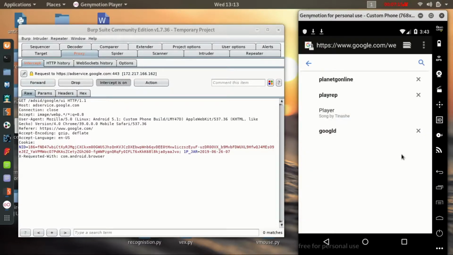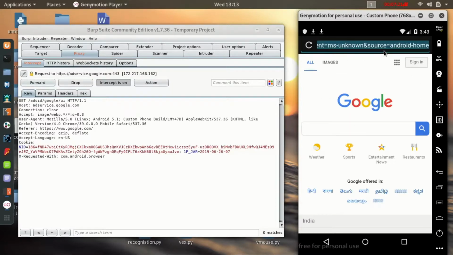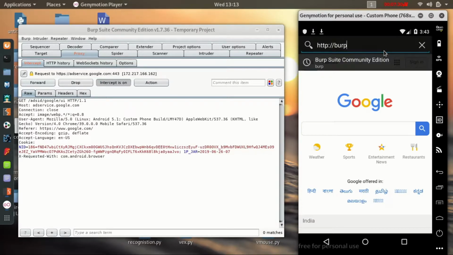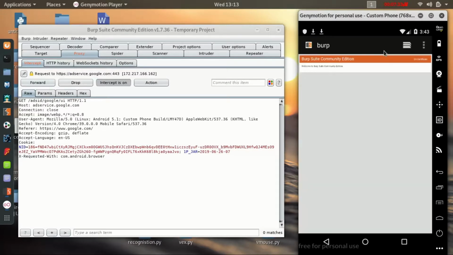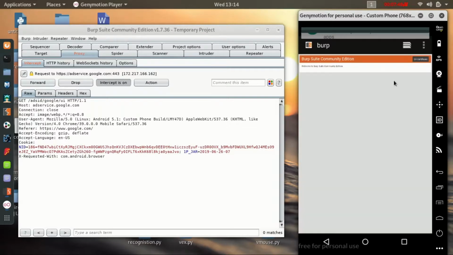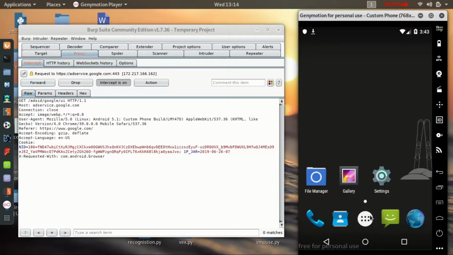we have to write http:// and download the CA certificate. Just click it here and download it. But the problem that comes here is that this certificate can't be installed and can't be read by the certificate installer in Android. So what we have to do is,